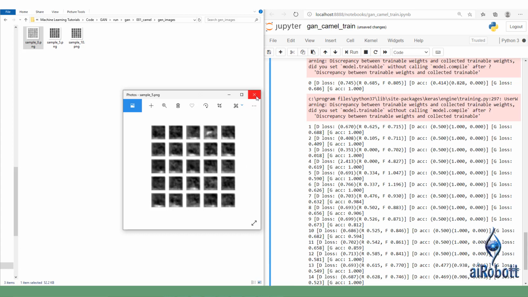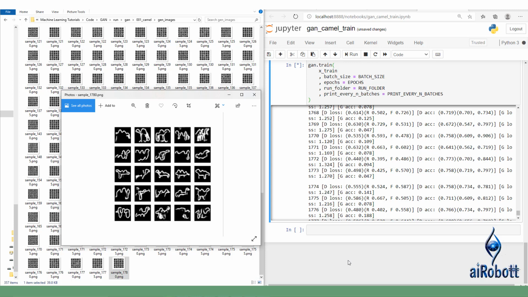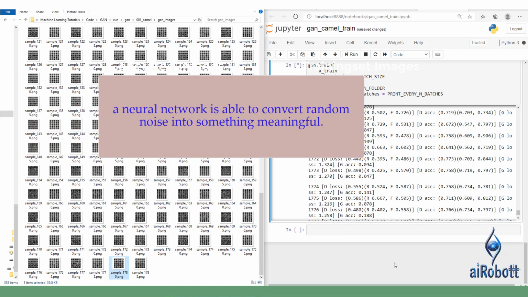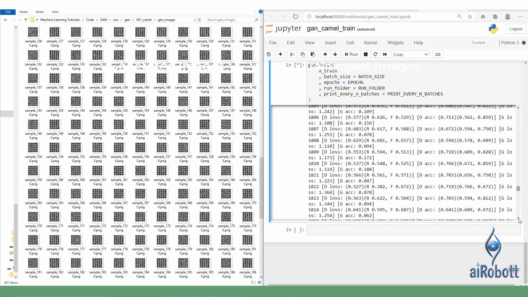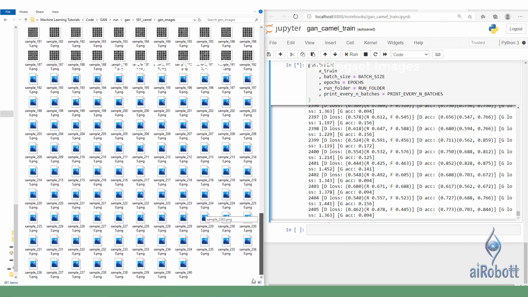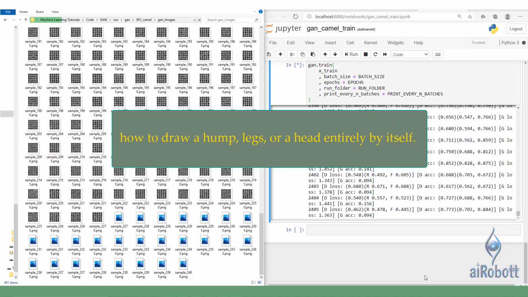We can see here, at the initial stage, the generator produces this kind of images. After some epochs during training, it is clear that the generator is becoming increasingly adept at producing qualitative images to replicate the training set. It is a great thing that a neural network is able to convert random noise into something meaningful. It is worth remembering that we have not provided the model with any additional features beyond the raw pixels. So it has to work out high-level concepts such as how to draw a hump, legs, or a head